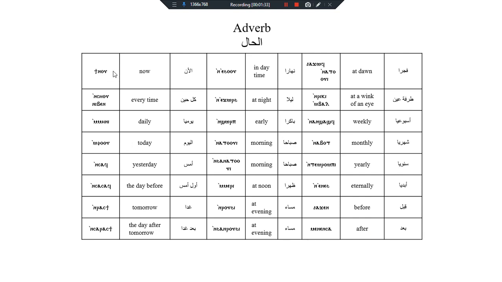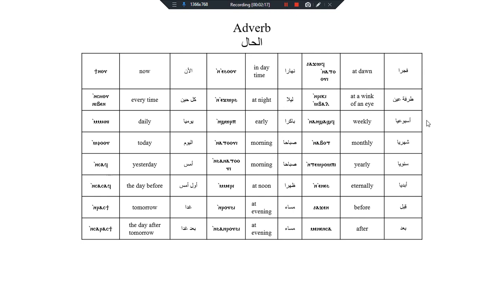The words used as adverbs: tino means now, seoneven every time, means daily, info today, insaf yesterday, insasaf the day before, inrasti tomorrow, insarasti the day after tomorrow, in eho in daytime, in igor at night, in shorp early, in atui morning, in hanatui morning or dawn, early morning, in Mary at noon, in Ruhi at evening, Chagov in Atui at dawn, in Rikemval in the twinkling of an eye,